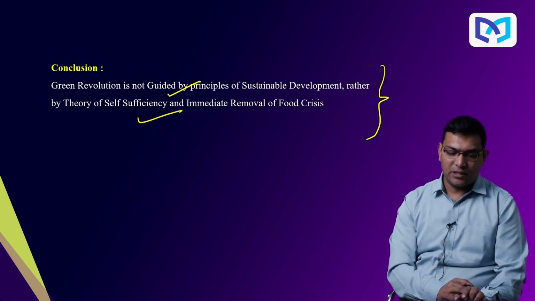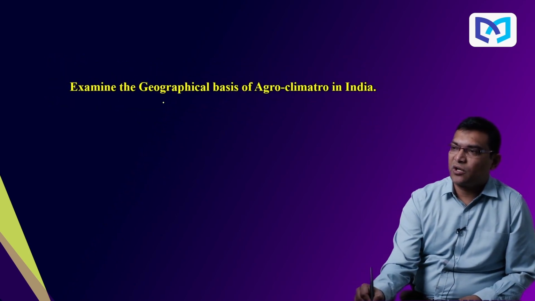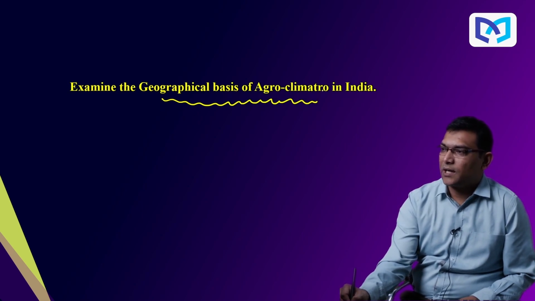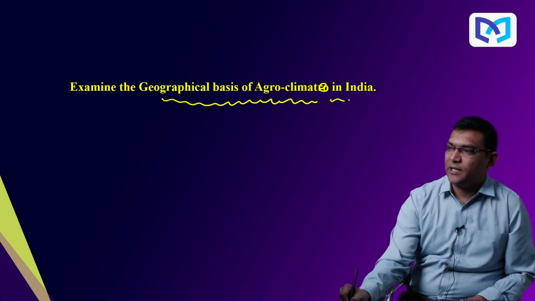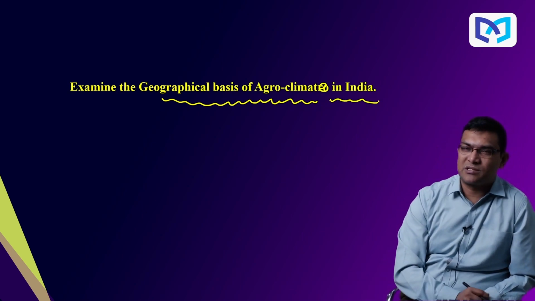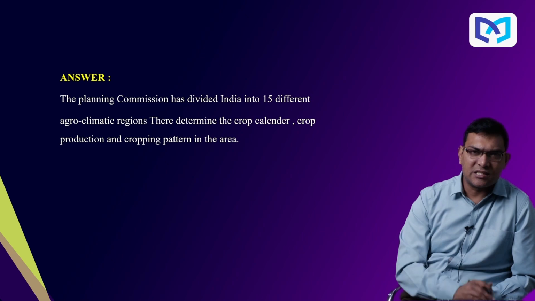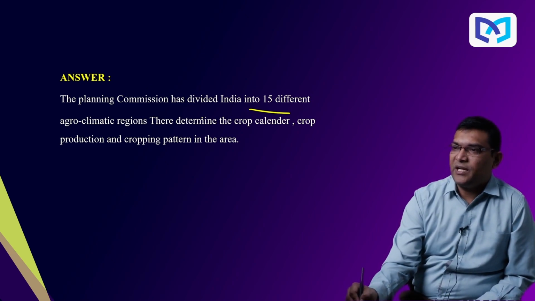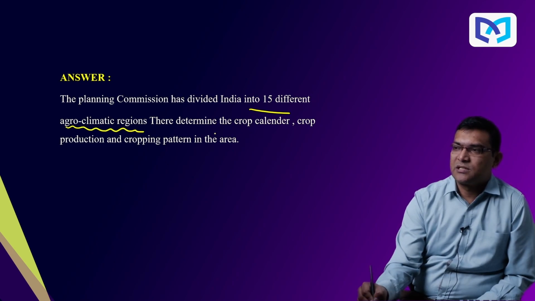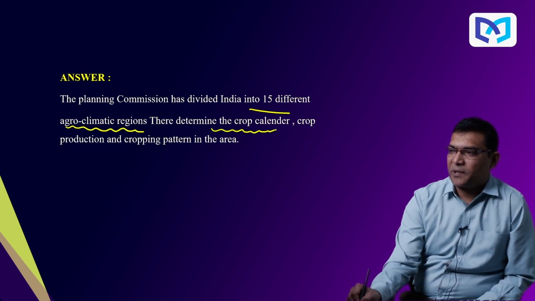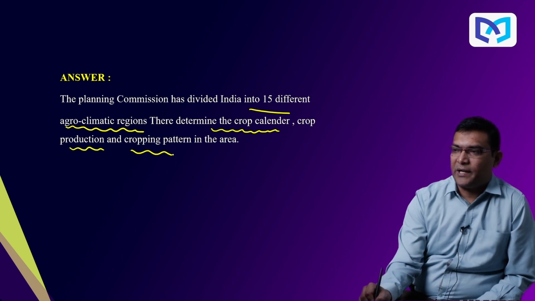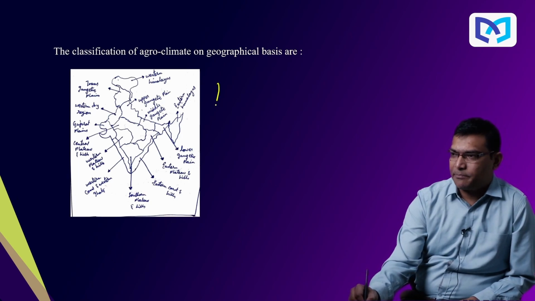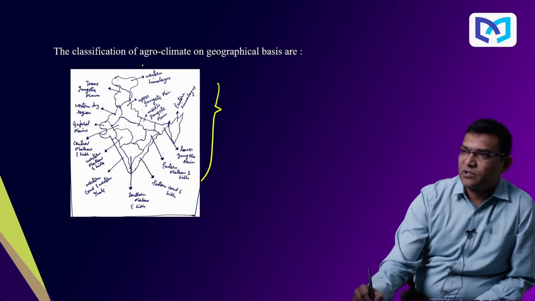Okay, so later you see, examine the geographical basis of agroclimate in India. Examine the geographical basis of agroclimate in India, and where are these distributed? Like the Planning Commission has divided India into 15 different types of agroclimatic regions. So they determine crop calendar, crop production and crop pattern. So 15 agroclimatic divisions. Like you see, if you look at this map, okay,